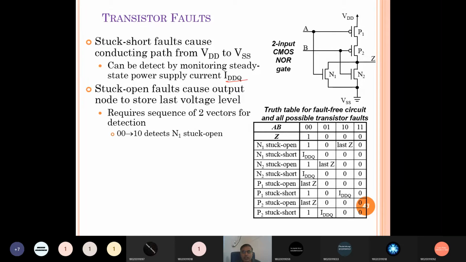input is constant there should not be any current flow from VDD to ground, because either the pull-up or the pull-down device is an open circuit, right? It is the complementary nature of the P-MOSFET and N-MOSFET. So for any input combination, either the pull-up network or the pull-down network offers infinite resistance, equivalent to an open circuit. So VDD never gets a direct ground path. That's why a CMOS circuit's power dissipation tends to be 0, right?